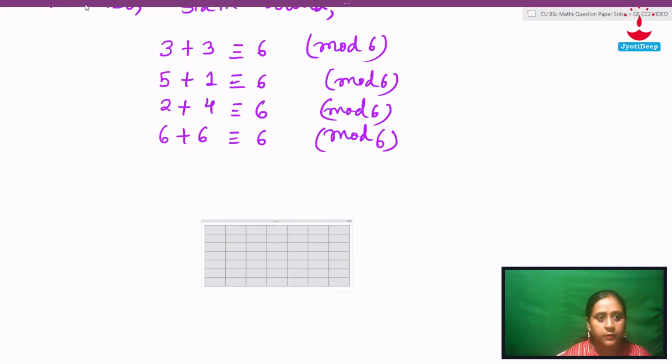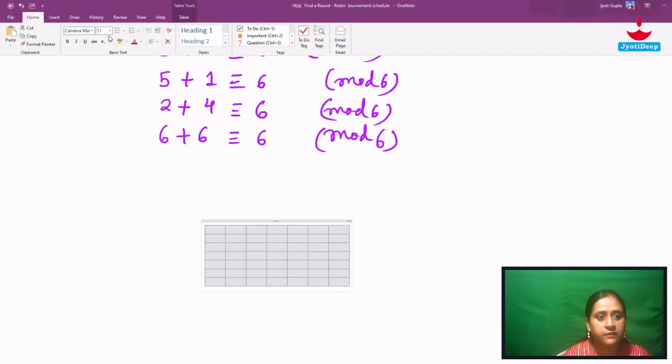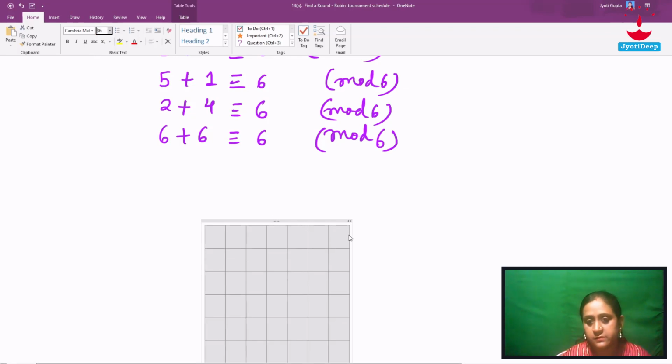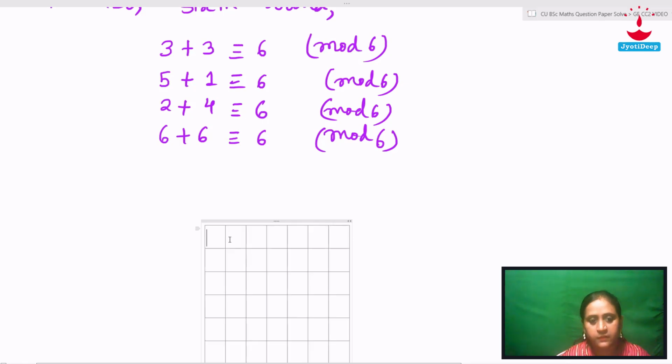I am taking the table size as the bigger one so that it will be visible. Here I am going to write the team